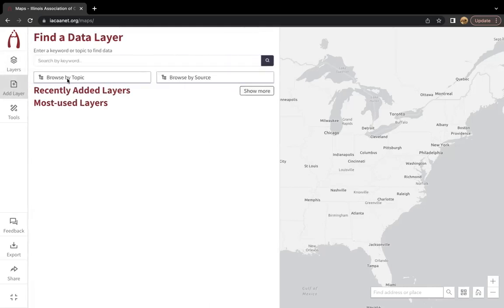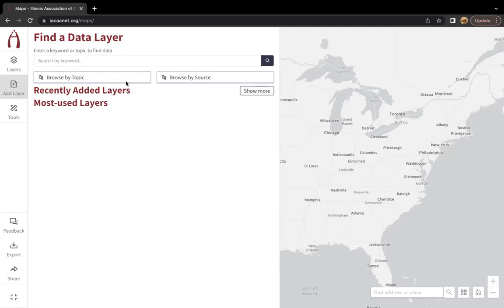The map room contains around 30,000 secondary data layers. The needs assessment that we just walked through has about 100 data indicators. If you cannot find data in the community needs assessment, it is very likely in the map room. These data layers are gathered from around 125 reliable secondary data sources.